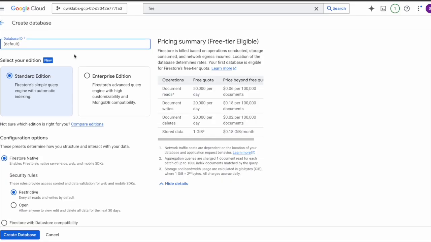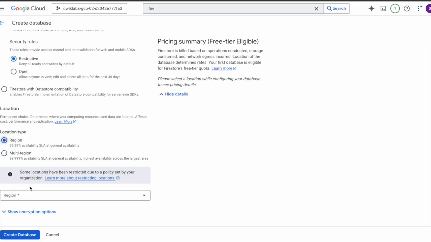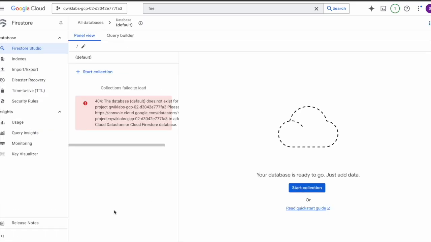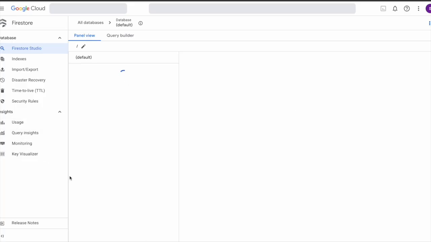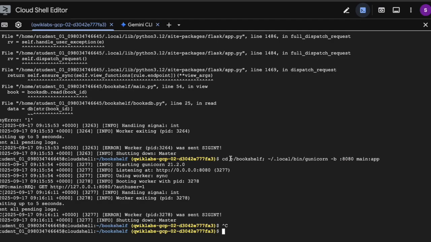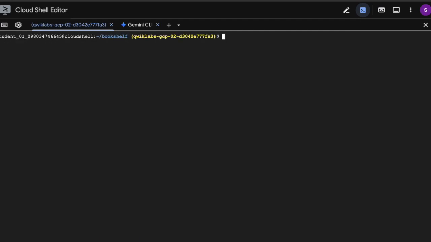Let's keep it default. Let's select one region only instead of multi-region. I think that's all. Let's create a database. Okay, so our database is ready, and first of all, to start using Firestore, we need to install the